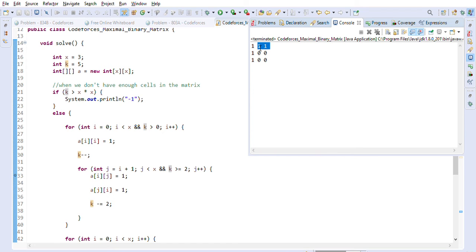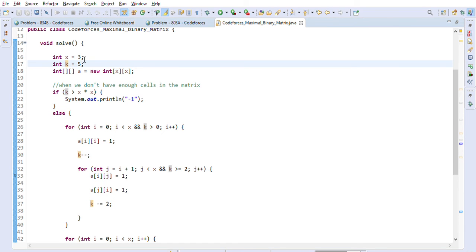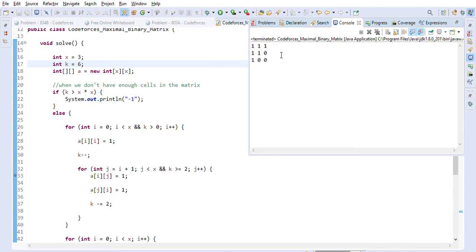As you can see, we are expanding like this in case of 5. So this is correct. Now let's try one case with 6. Once we are doing 6, this one will become 1, right? So let's try this one with 6. As you can see, this one now got occupied with 1. So this is how we are expanding, and this is the maximal matrix, correct? This is the way it works.